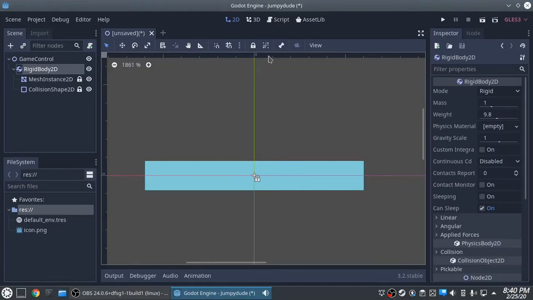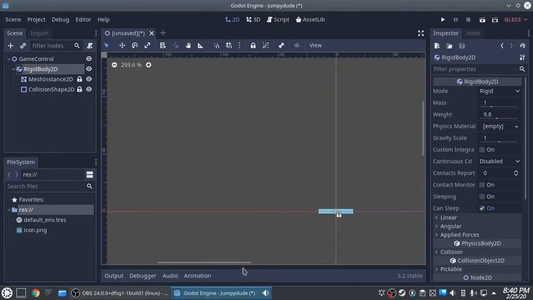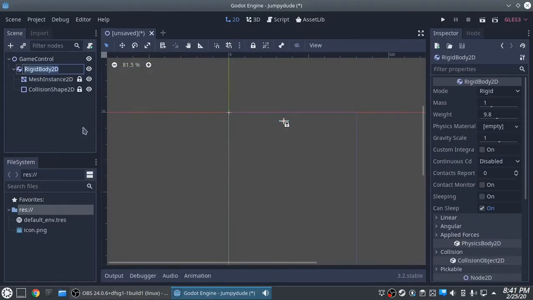Lock it. And let's move that out. Maybe over here somewhere. Alright, so that's going to be the base, and I'm going to rename that base